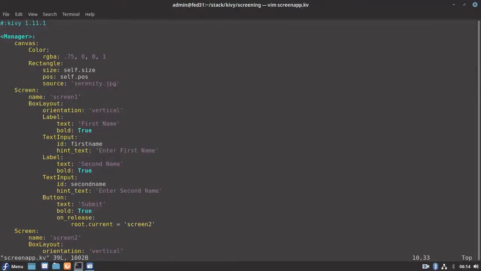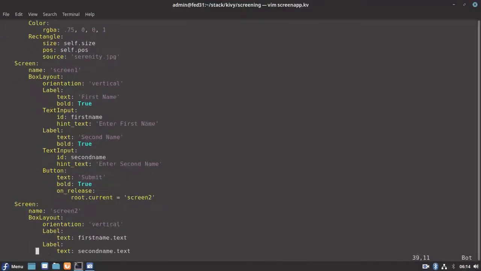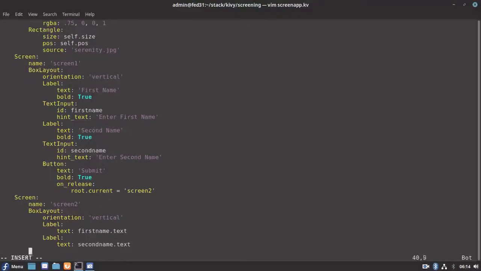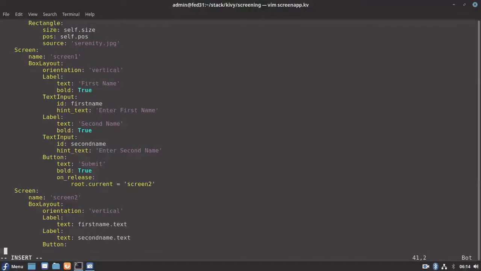Let me open my KV file again. In our second screen, after our first name and second name capture, let's create a button for returning to our first screen. Let me create my button here and set the text to return.